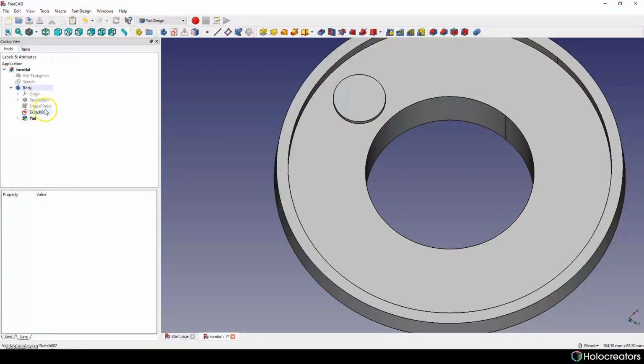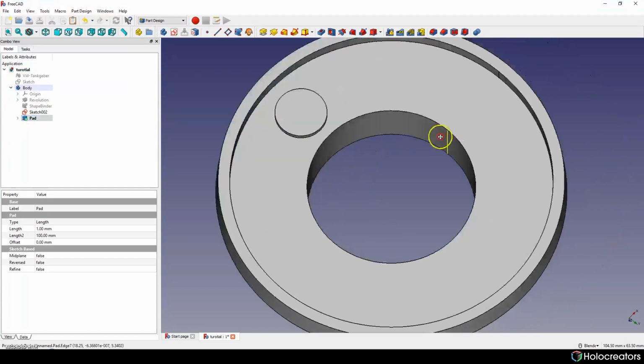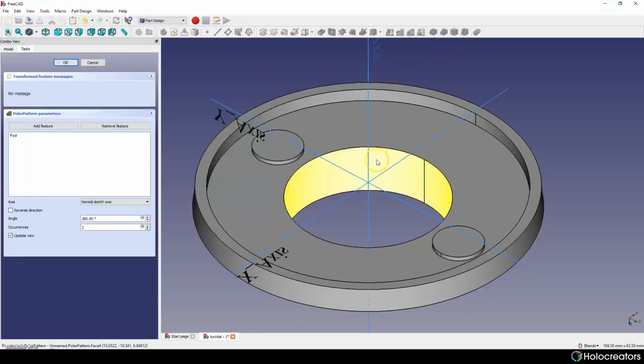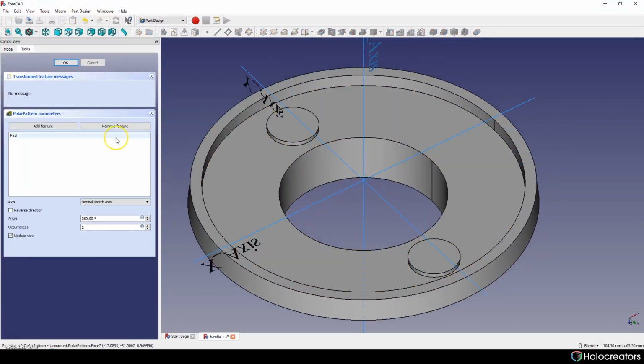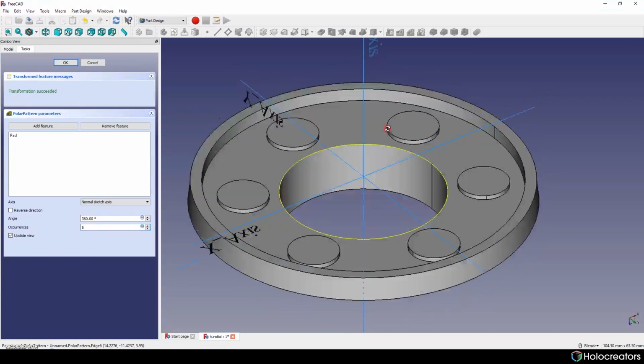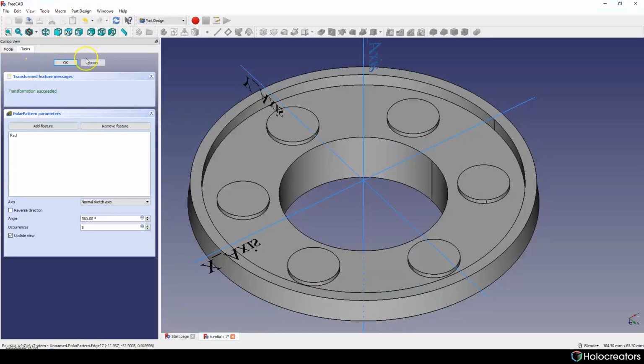Now to rotate this extrusion, you'll need this function, create polar pattern feature. We just hit it, and now we need 6 of them, so in this field we will put number 6, and it will create for us 6 extrusions.